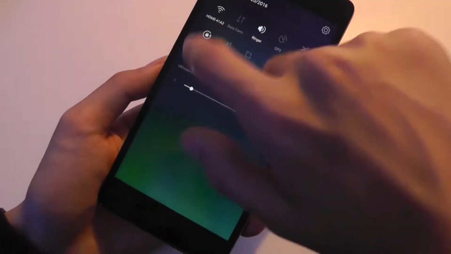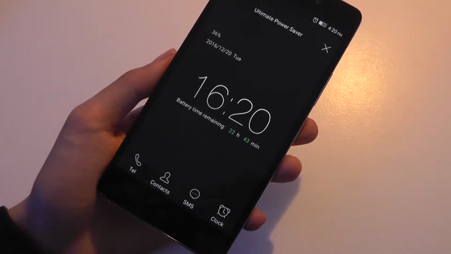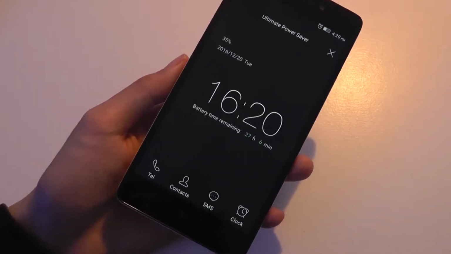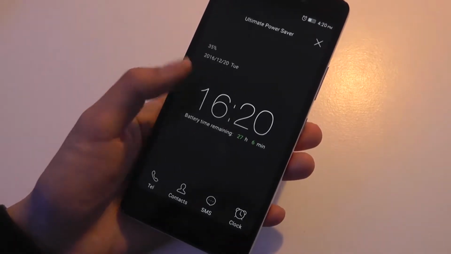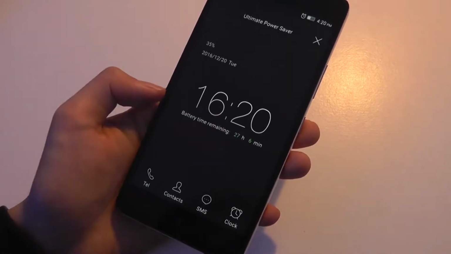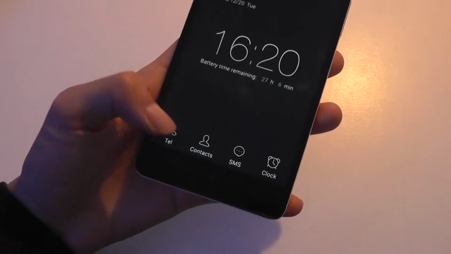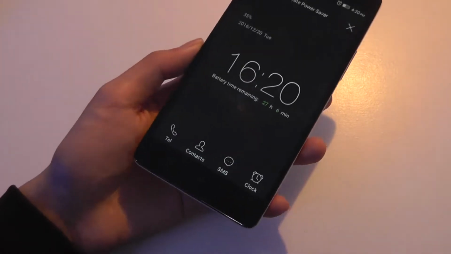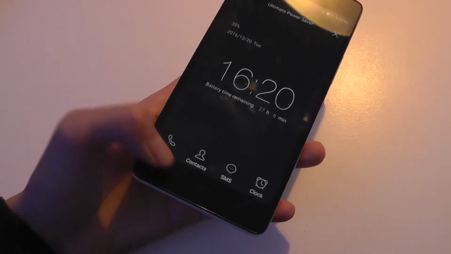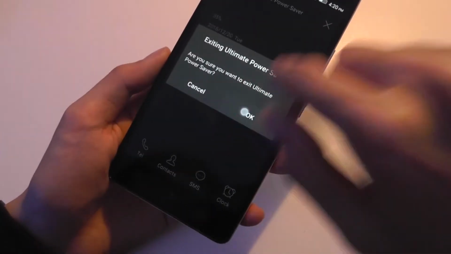I can also turn on the ultimate power mode, which is a complete power saving mode that saves you, in case you are in an emergency and you only have 5% of battery remaining, and will actually last you for the remainder of the day. It gives you a very simplified operating system view of only the time, the battery life that's remaining, in this case 27 hours, believe it or not, since it's automatically shut off your Wi-Fi as well as your non-essential wireless information and data, and gives you access to simple features like the dialer pad, in addition to the contacts, SMS, and a clock. So that's all you get, and gives you this very simple UI that you can't really exit out of by accident unless you turn it off by tapping on the notification drawer or exit out of this,